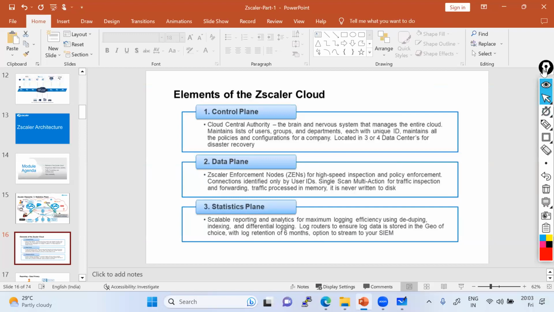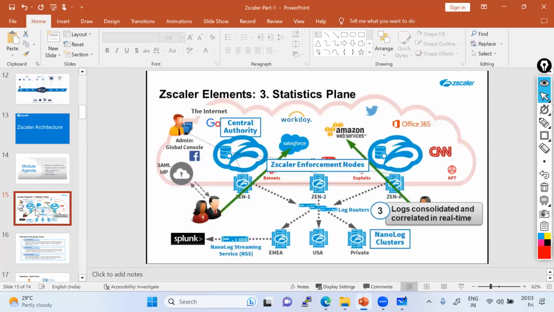So now let me go back again to the Zscaler element architecture. In this architecture, let's assume these are the users, right? And this user wants to access the internet. So let me draw here. He might access google.com. Oh, sorry, let me write here. So this is google.com hosted here. Once the user initiates the connection to access google.com,